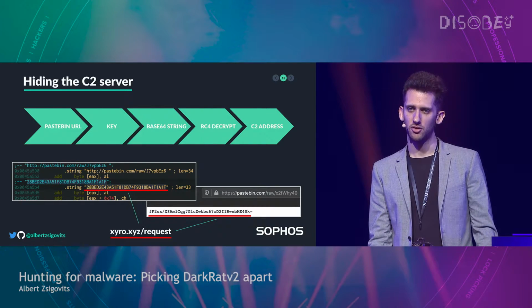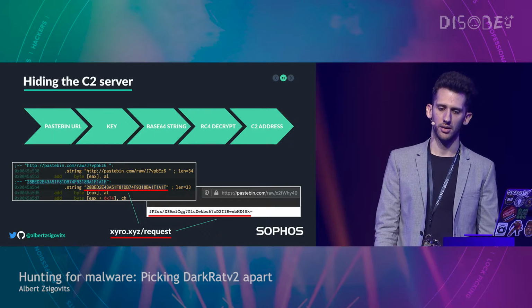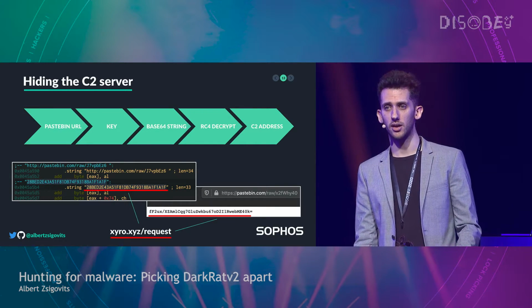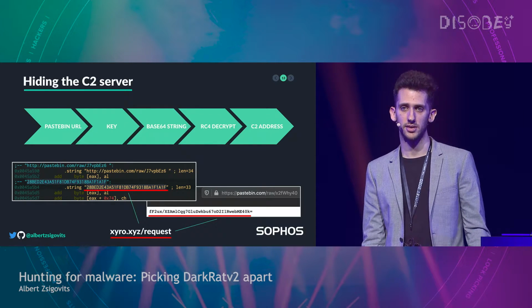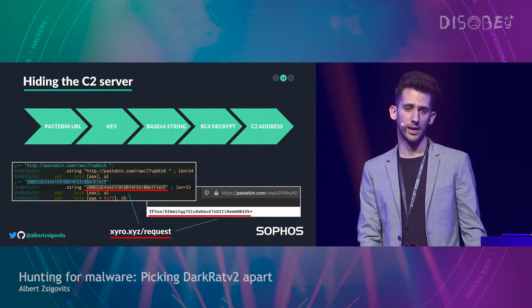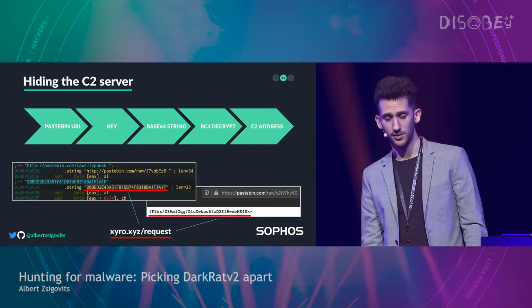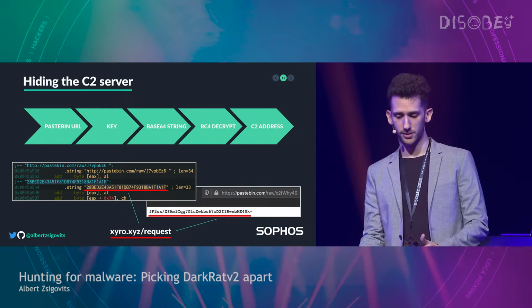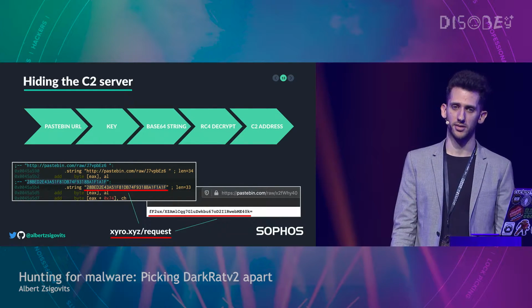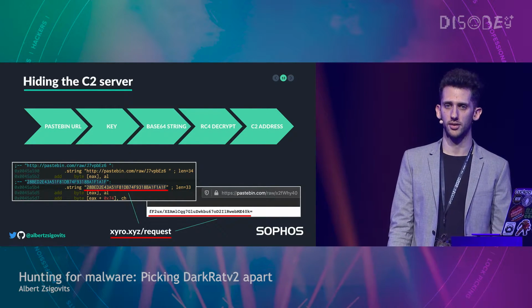This guy implemented a rather interesting process where he would have a Pastebin URL and an encryption key, which turned out to be an RC4 encryption key, both in the sample. And the sample would go out to this Pastebin URL, grab the contents, which was, as you can see on the screenshot, a base64 encoded string.